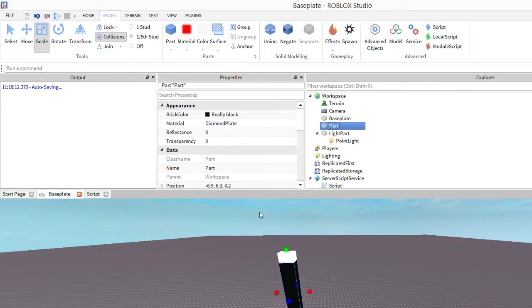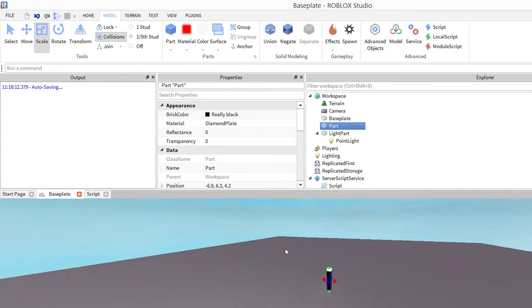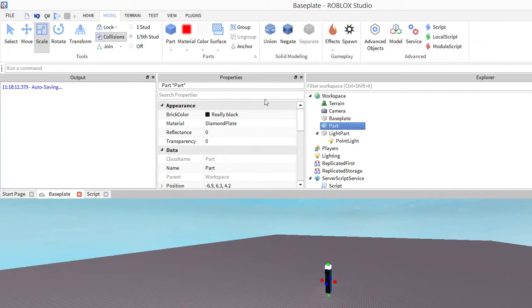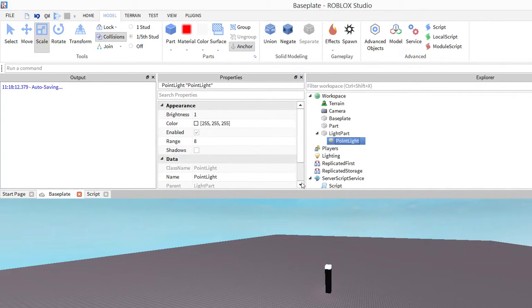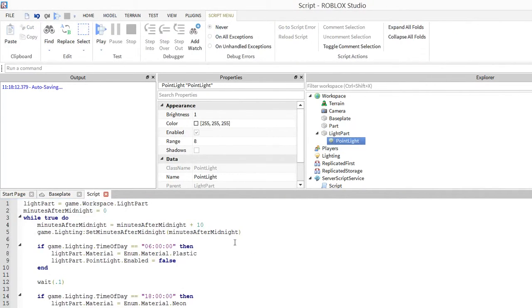So the bottom part is just going to be an ordinary base made out of diamond plate. It could be anything, because that's not where the light should be coming from. The light part is the top part, which is a light, and that's where the point light will switch on and off. So what this script is doing here basically is